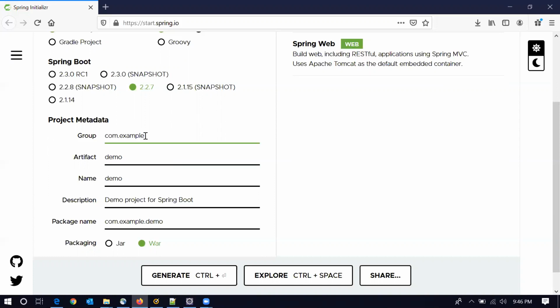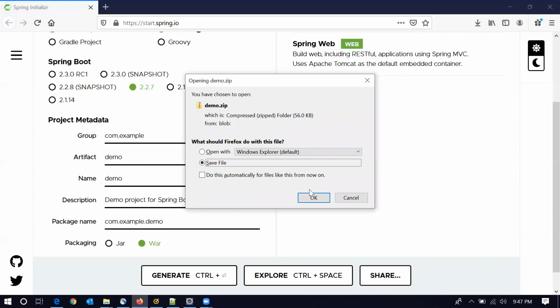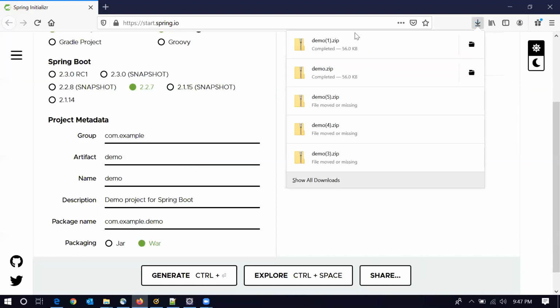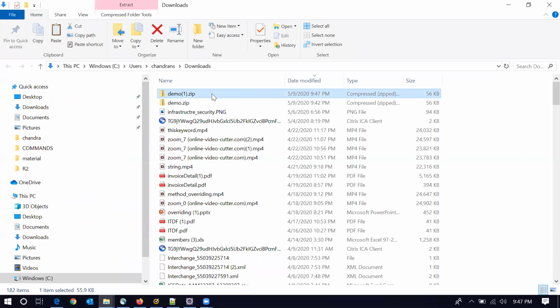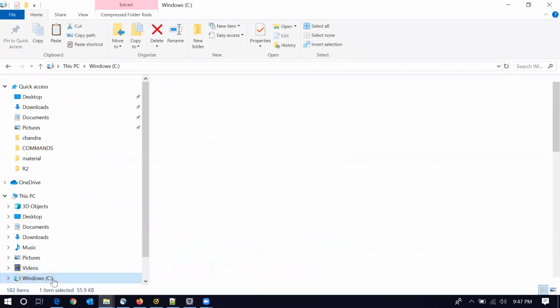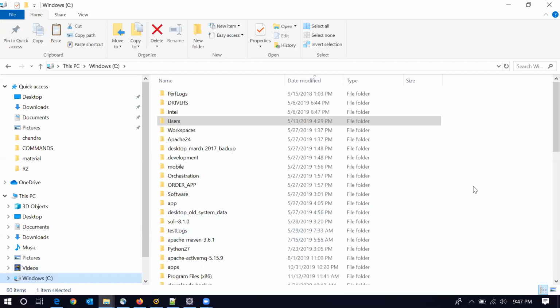Fine. Now what we have to do? Simply we have to click generate, which will generate the project. See here, demo.zip, and click on OK. Once it generates the project, click here. Now the project has been downloaded. So open containing folder, select copy and paste it into C drive.